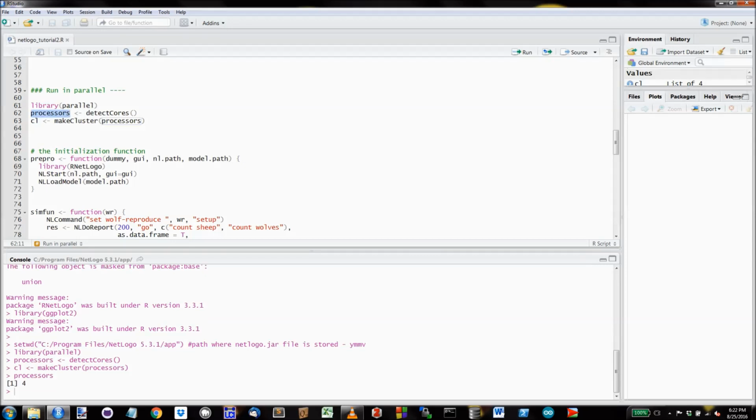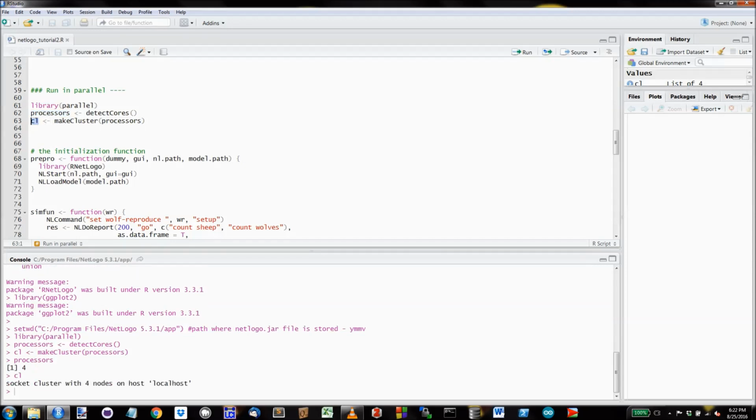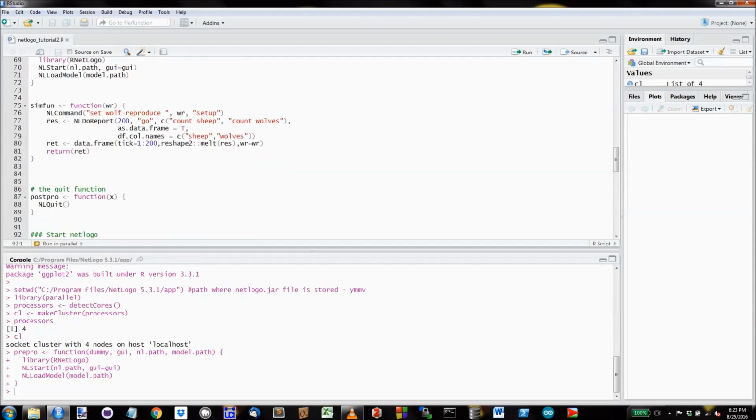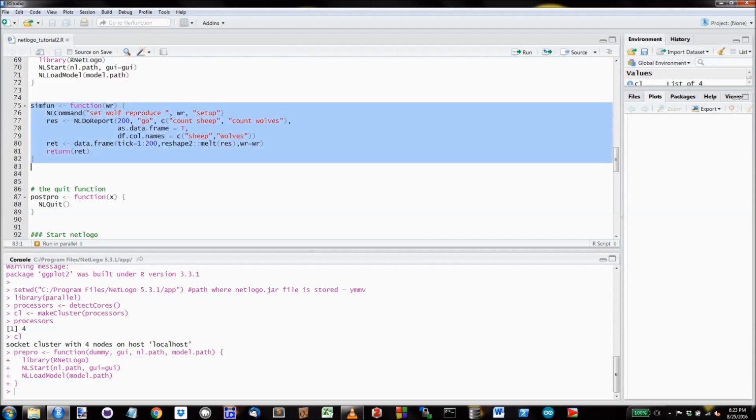Again, I know my laptop has 4. And we'll do the 3 functions, the initialization, same code, just starting and loading a model. The sim function, in this case, I'm going to say set the wolf reproduce slider to this variable WR. I'm going to vary the reproducing percentage, the rate of reproduction of the wolves, and set up. We can count the number of sheep and wolves over time with this varying rate. So we'll do 200 ticks of the model, and then we'll count the number of sheep and wolves dependent upon